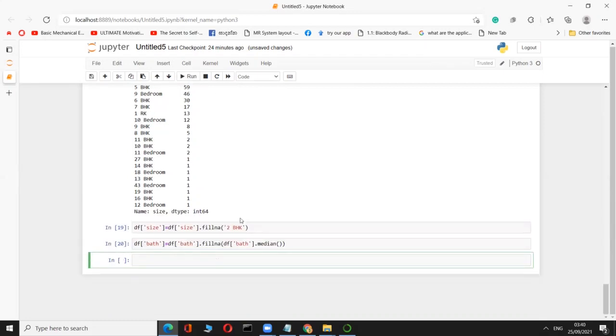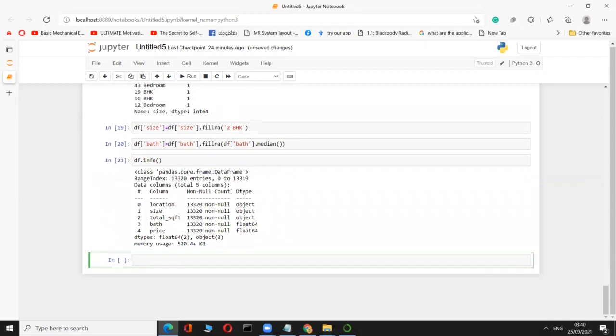Okay, that's okay. Now we have fixed several values. We'll see how is the information then. Info. Come to this one and run this one. Okay, you can see now all those things have fixed. That means we have fixed the missing values there. Okay, that is the way of fixing the missing value. Okay, then what I'm going to do now,